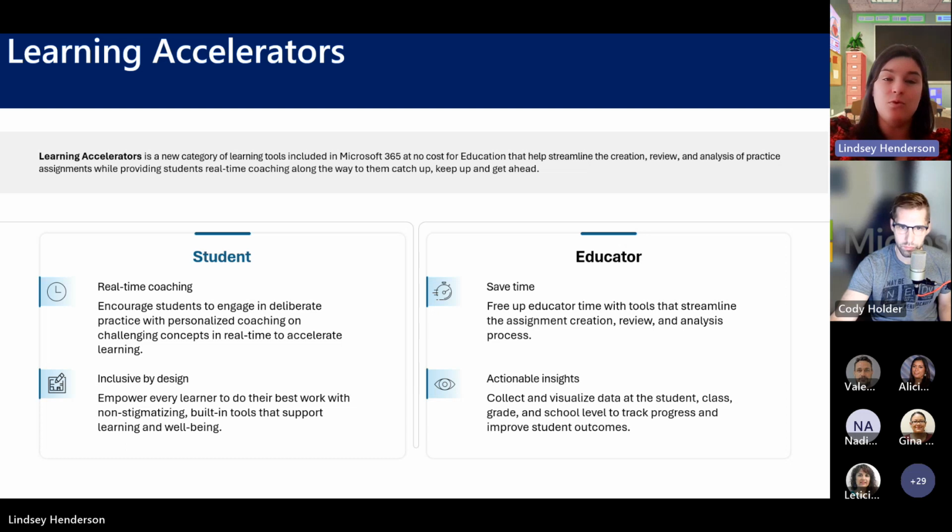Not all of them have been rolled out yet. So we're starting to release them more. Reading Coach and Reading Progress is available at the moment. Like it was mentioned, I think by Valentine at the beginning, that's looking to be rolled out this year. Speaker Coach is also available, and coming on later, I think later on this school year, is going to be Math Coach as well as Search Coach.